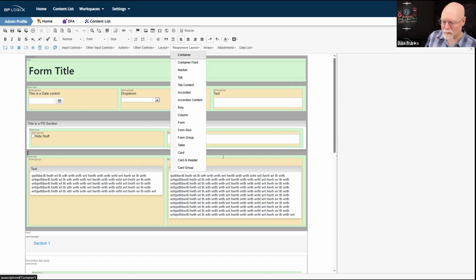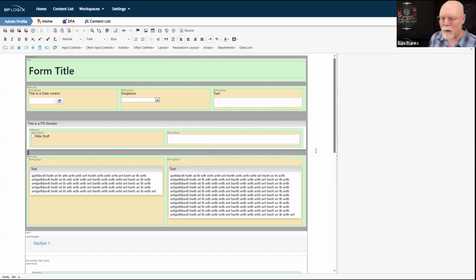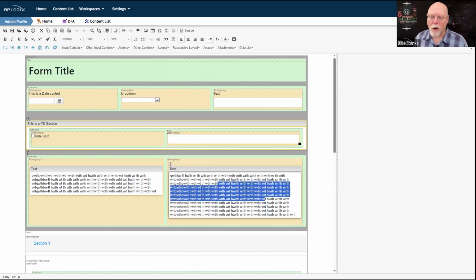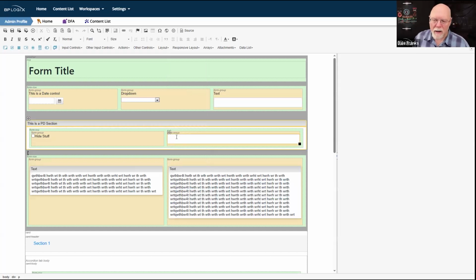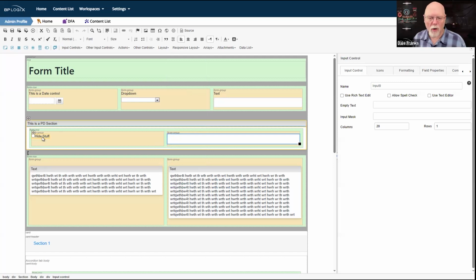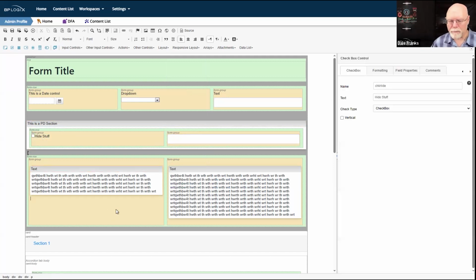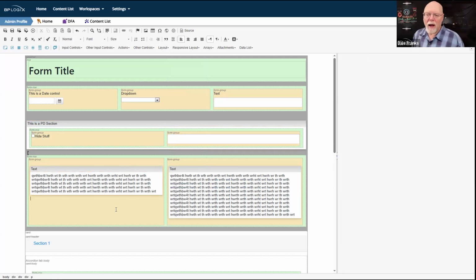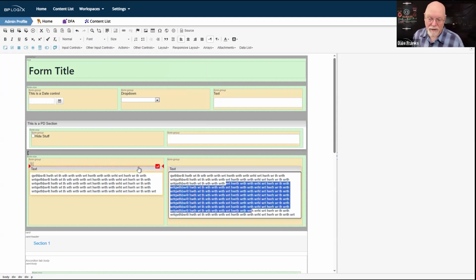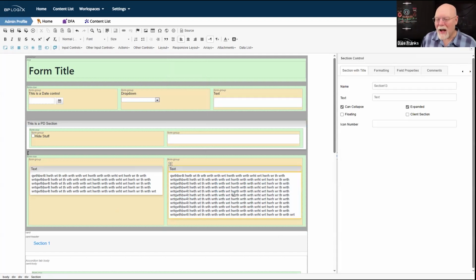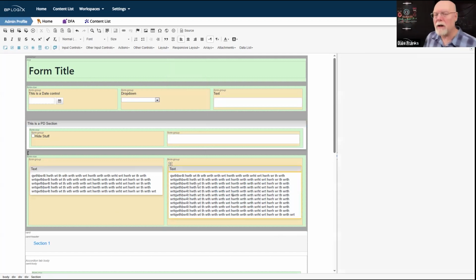In its simplest terms, the Bootstrap CSS framework is a series of container controls into which you would put content of some kind. That content could be text, as it is here, or that content could be a Process Director control of some kind, as it is up here. Every control or every bit of text, or in this case, since there are also section controls, it's both text and controls, they all need to go into a container.